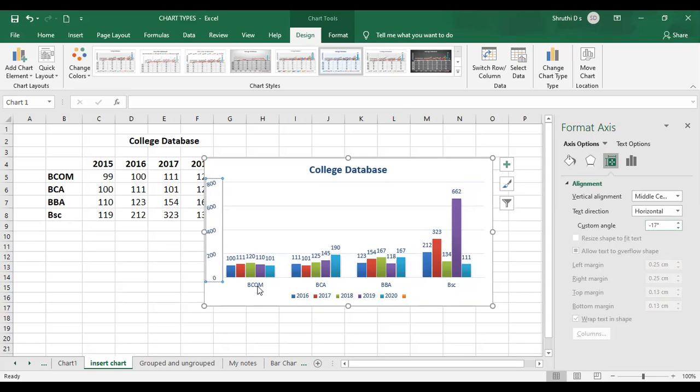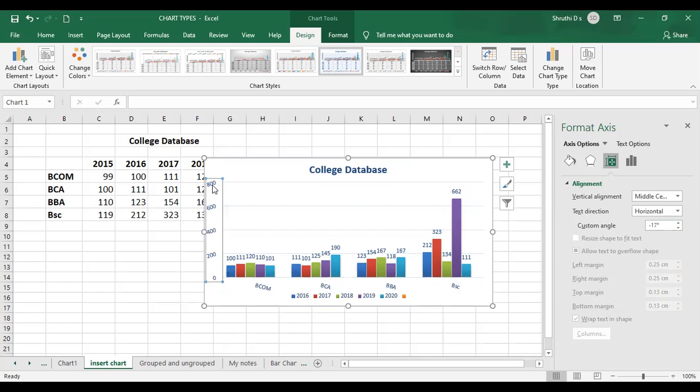Similar to that, if I go to this x-axis, double click on that, axis options again. Now here also I can decrease the value so that it is tilted towards the right, upwards, right? And if you go to the positive degree, it comes back down. It is going to tilt towards down. So like this you can have options for different angles.